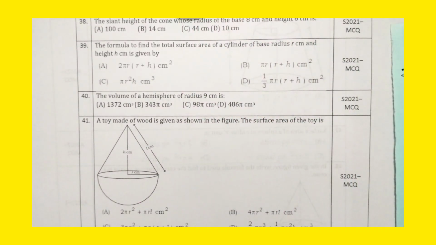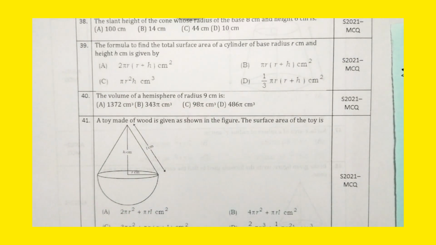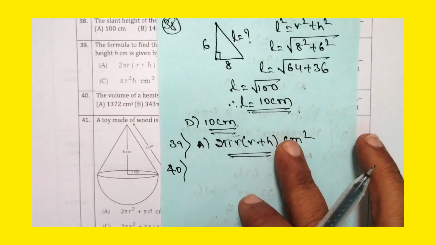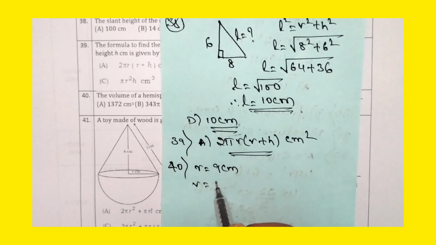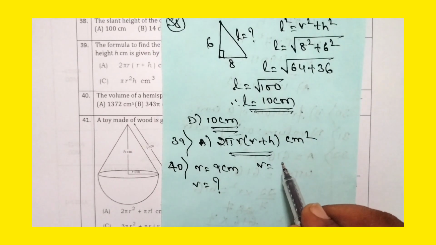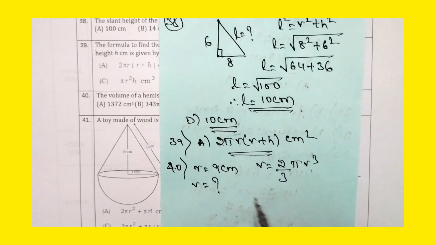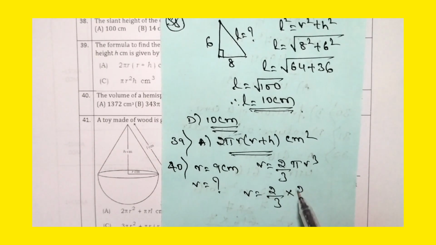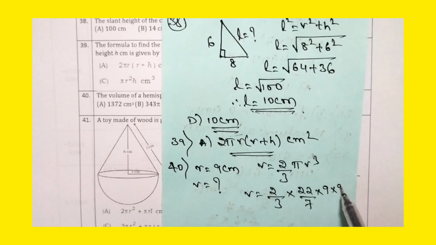The 40th question says, the volume of a hemisphere of radius 9 centimeter is dash. So let us find out what the volume is. The radius is given as 9 centimeter. R is equal to 9 centimeter. Volume of hemisphere is equal to question mark. Volume of hemisphere is equal to 2 by 3 pi r cube. Volume is equal to 2 by 3 into pi, that is 22 by 7, into radius 9 into 9 into